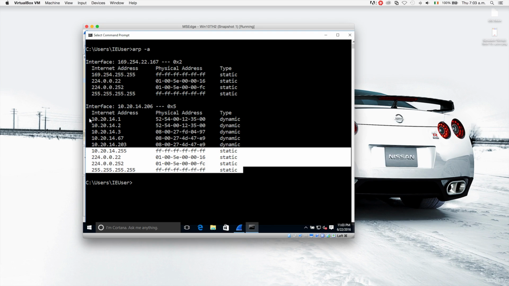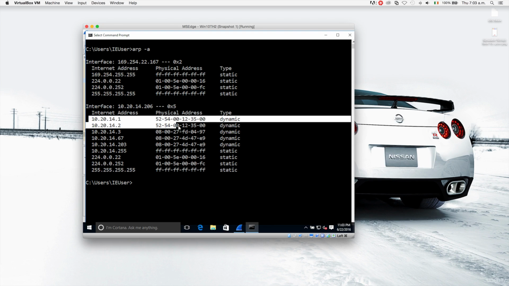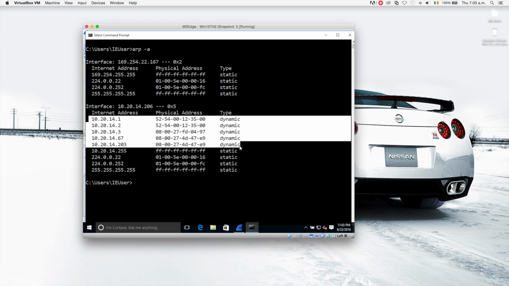So you can use static ARP tables, which basically means that you'll have to configure each IP address. So you have to actually configure your ARP table and map each IP address to the relevant MAC address. But once you do that, even if someone tries to send a response to your computer trying to change it, the system will refuse to change anything because you configured your ARP table to be static. The only problem with that is